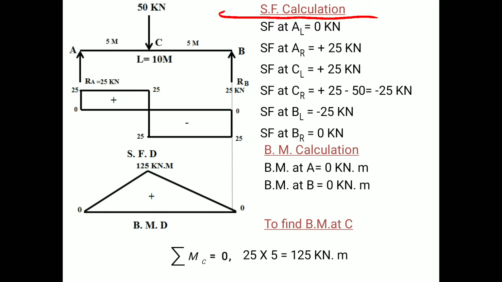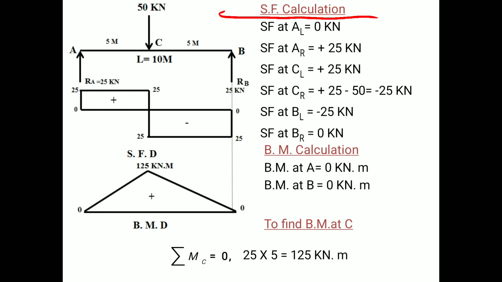Now from the figure we have 3 shear force points at A, at B and at C. So those are the values of shear forces. We have to calculate the shear force just left and right of that particular point. Therefore the first one is shear force at left of A. So A is a point and L is the left of A. At the end the shear force always remains 0.